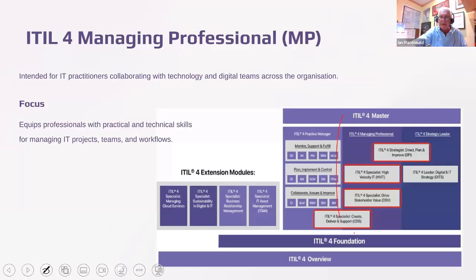Managing professional, so that's that leg here. More traditional courses that we need to do, aimed at people who may be in roles where they work in a team, they work in project teams, they support technology, maybe have some responsibility for managing people as well. So, the importance of good people skills, getting the best team cultures, again, all part of that focus. So those that have maybe a supervisory, team leader, or manager responsibility, not only how to do things well, but also how to manage those teams, those people, establish the culture to ensure that the team works in a good, consistent, positive way, is how we look at the managing professional stream. So Create, Deliver and Support, I think we cover those on the next